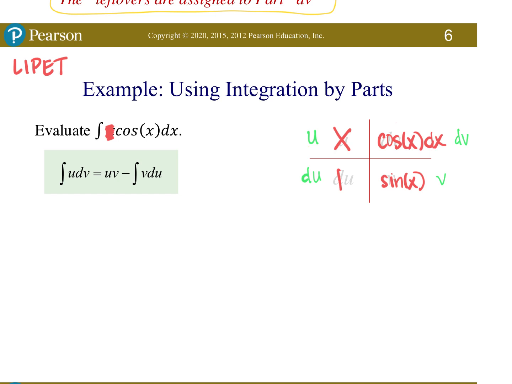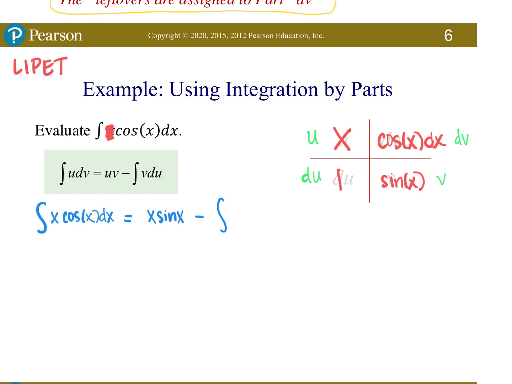The formula says start with an antiderivative and start with u. I'm just following what's in the green box. So what was u? X. And then after that comes dv, and that was cos x dx. This is the problem I'm starting with. That is equal to u again, which is x, times v, which is sine x, and then minus the integral, and then v,